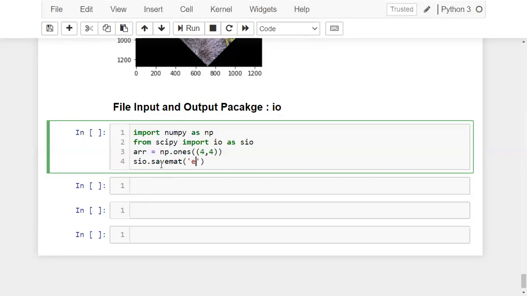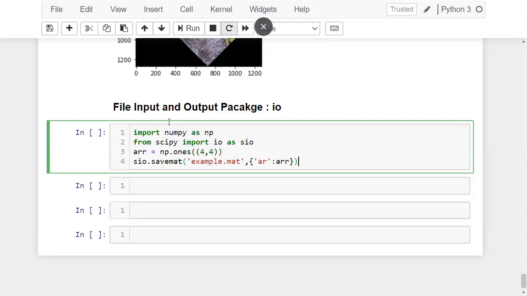What is the file name you want to give? Let us suppose I want to give my file name as example.mat. Next, what you want to store in that file, with an object name you need to give here. I'm giving my object name as AR, and what you want to store here, my array ARR.